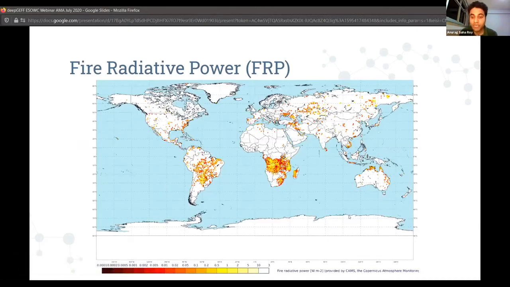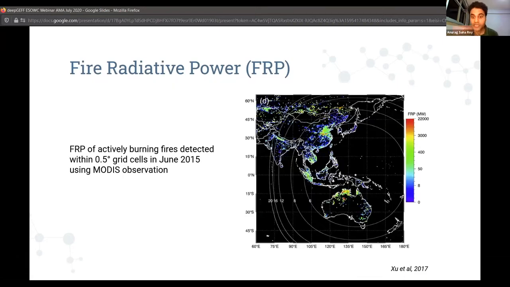Okay, so going ahead, this is an overview of the existing FRP. This is an actual screen capture from the 19th of July. You can see there are some parts in Africa, some parts in Latin America, maybe north of Australia, where there are quite big ongoing fires. And this is the energy radiated from these fires and captured by remote sensing. And it's not just on a very low resolution global scale. You can also zoom in quite a bit.